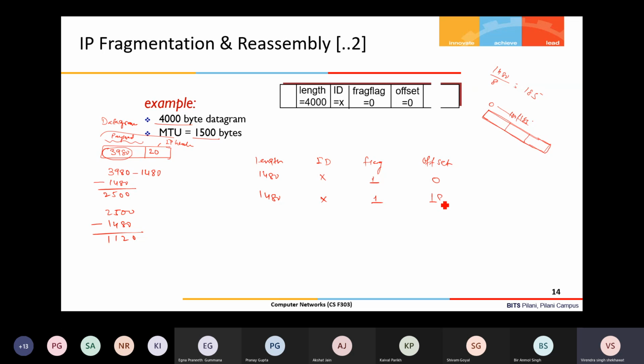So the offset value will be 185, in units of 8 byte chunks. This is very important. Why is this convention of units of 8 bytes used? It will take less space for the offset. Otherwise, it takes more bits to store the offset, and that will incur more overhead in the protocol.